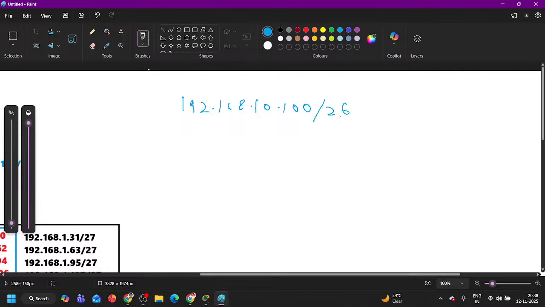192.168.10.100/26. Tell me what will be the block size. As I told you, to find the network ID you need only the block size, nothing else. And to solve the subnetting question, you need the network ID first. So what will be the block size? I have borrowed 2 bits, which means the subnet mask